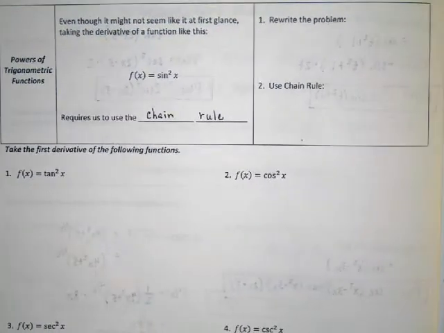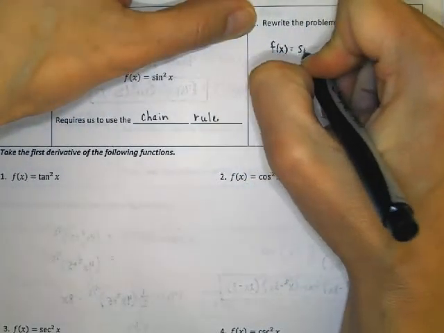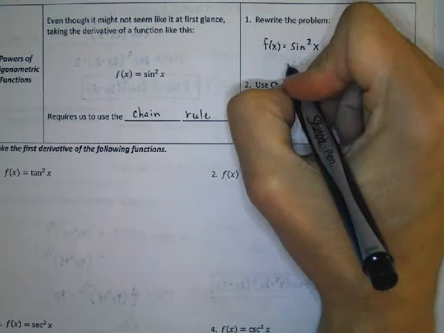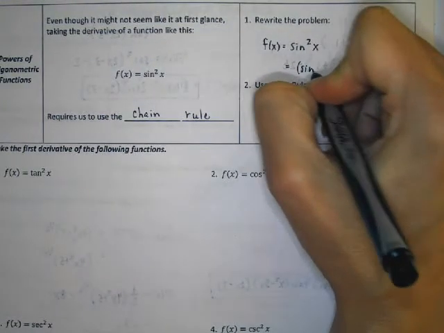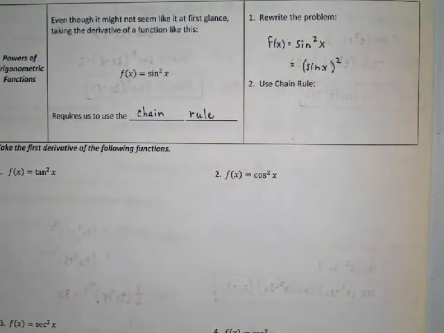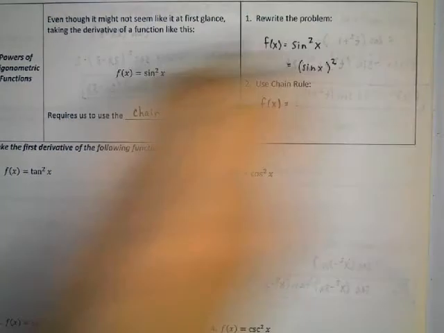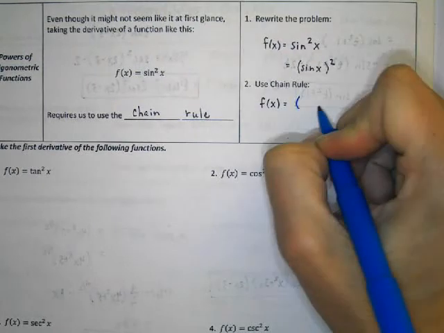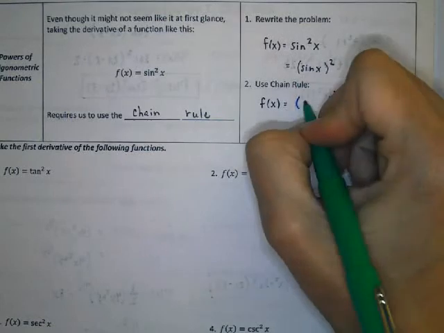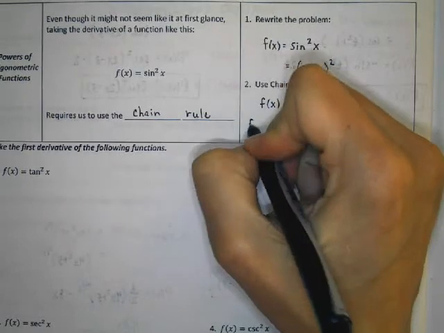Okay, and here's why. If I have f of x equals sine squared of x, what that really is is sine of x squared, the quantity sine x squared. So now if it's rewritten this way, it's really easy to see that our outer function is x squared, and our inside is sine of x. So now when we go to differentiate,